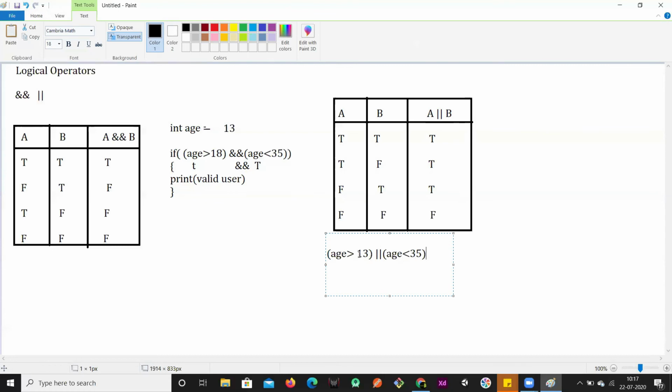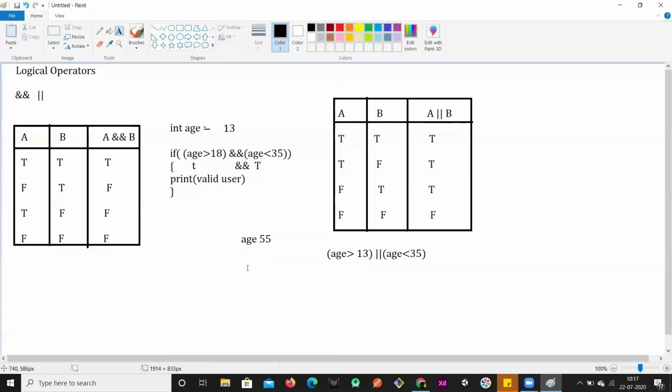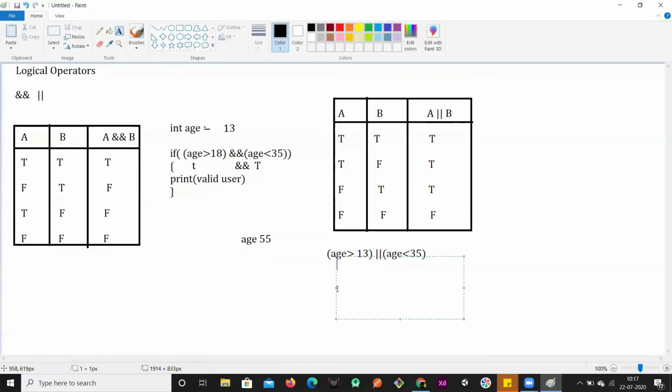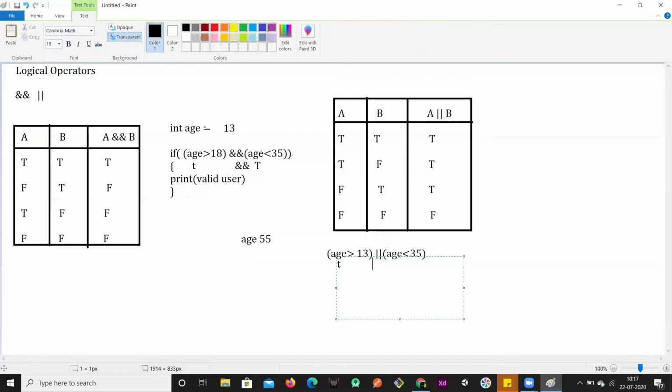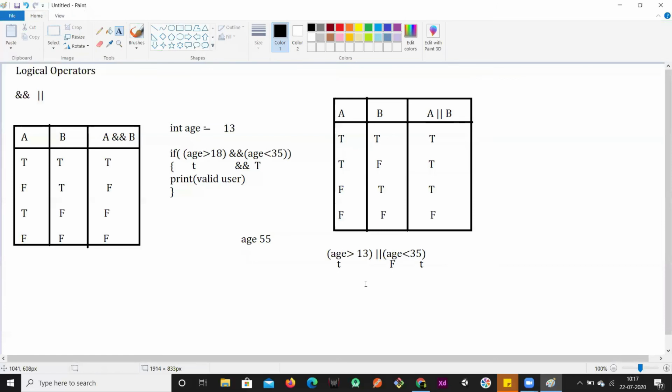So if I consider age is 55, right? 55 is greater than 13, so this condition is true. But 55 is not less than 35. This is false. Still, we'll get the result as true, because either of the expressions has to be true. So in this manner, we can make use of logical operators.